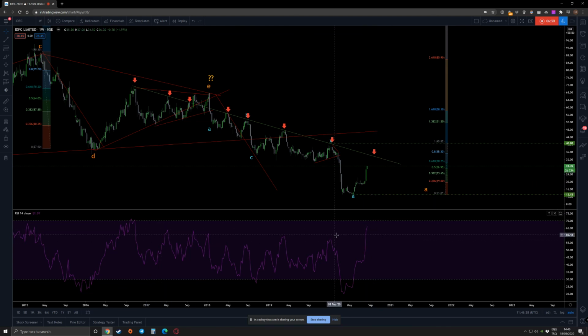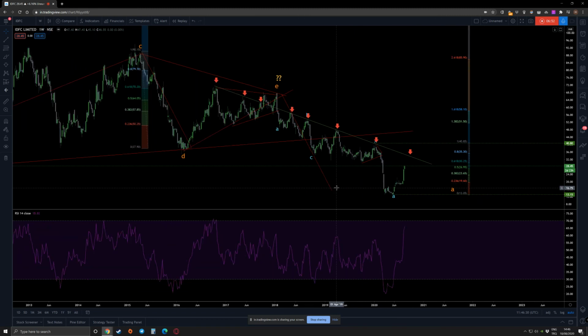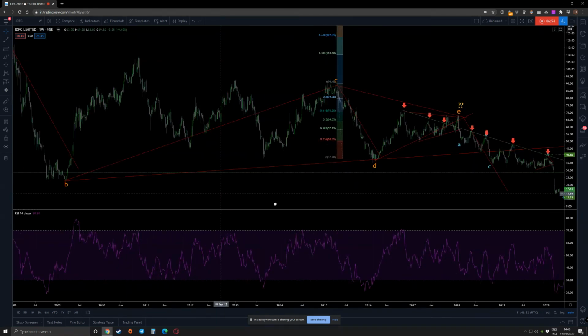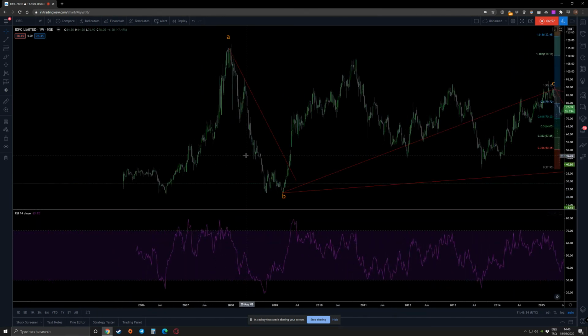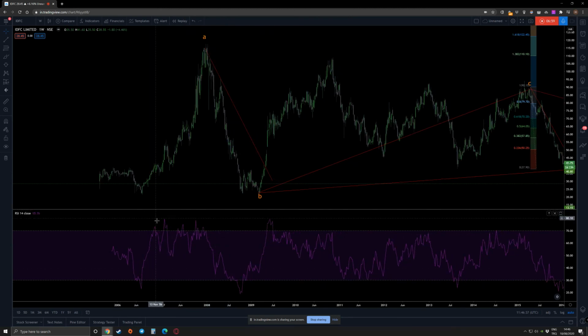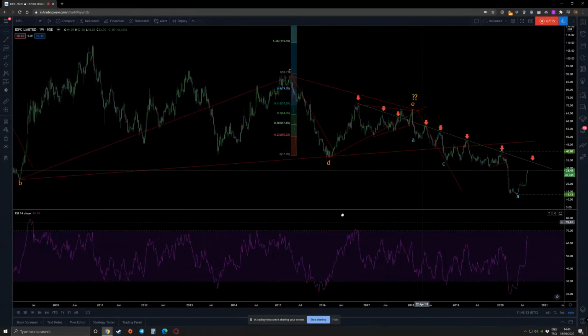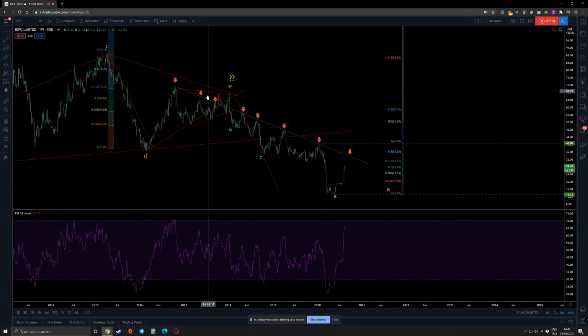But look, just because you have this, it doesn't mean that you will be successful. Now what? Look at this. Where did RSI give you this overbought level? Well, it was 41. Look where it did go. 115 is still overbought. So just because it gives you overbought, it doesn't mean nothing. But when everything comes in line, then